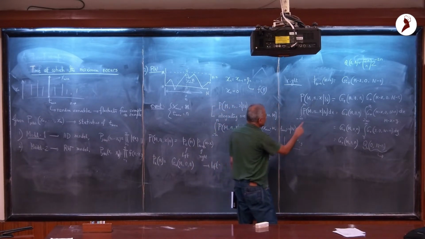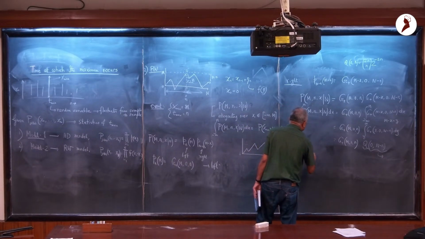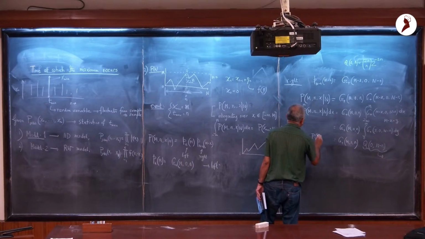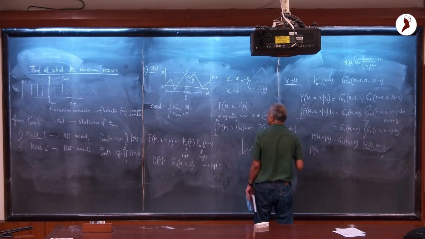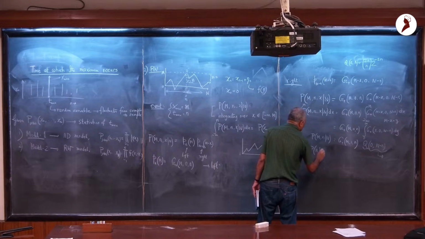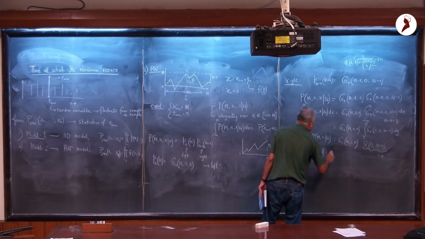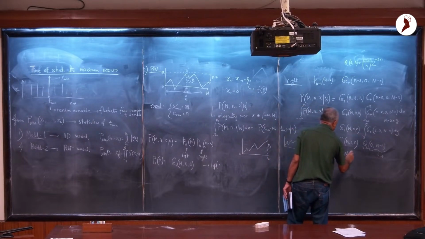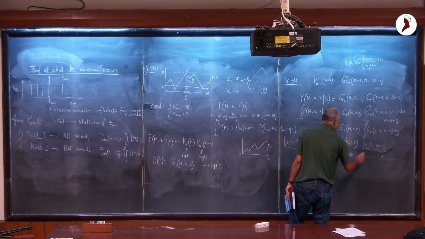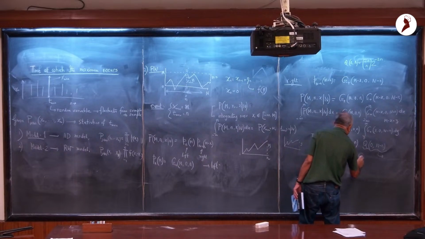And now I want to calculate the marginal distribution of n. So this is the joint distribution of m and n, if you like, given capital N. And I want to calculate the distribution of the time at which the maximum occurs. So this is just the integral from 0 to infinity of p(m, n), because m has to be bigger than or equal to 0. And now this guy is independent of m, so you just have to